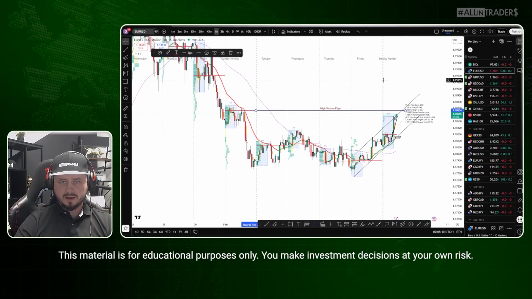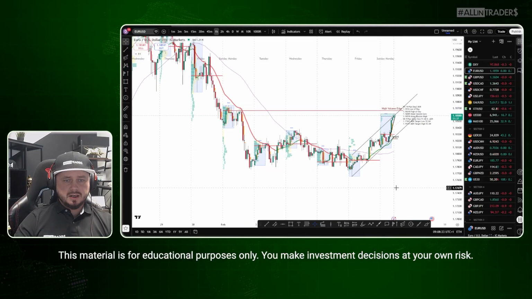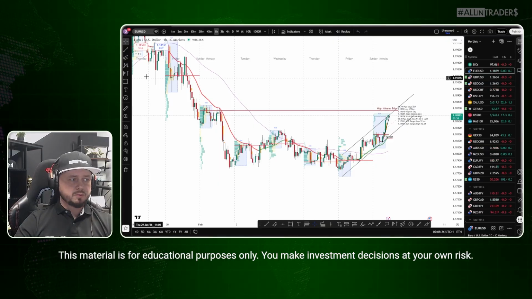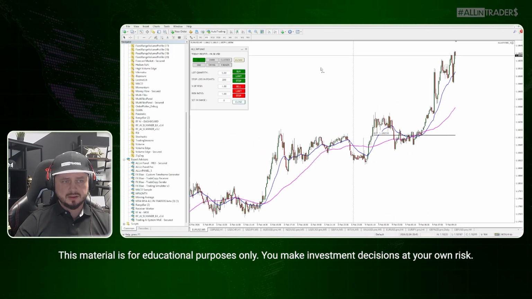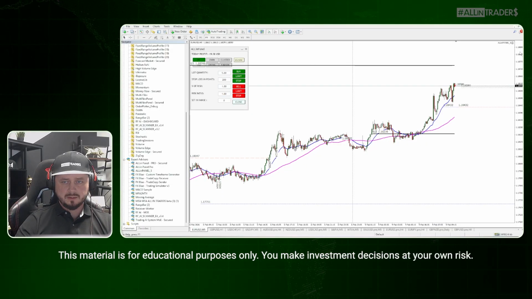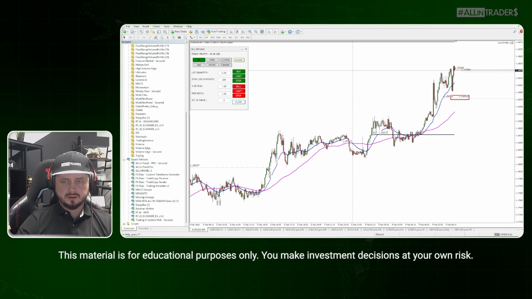So this is our high volume edge. Let's check on the MT4 platform if we have any volume levels. Volume levels, yes. We don't have any volume levels, but for sure we need to be careful at those two